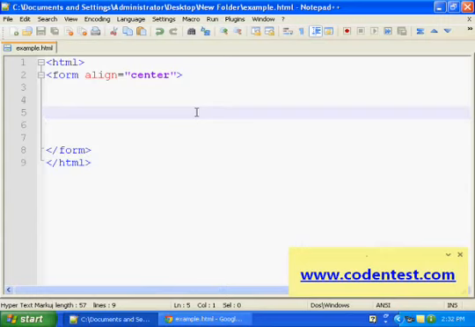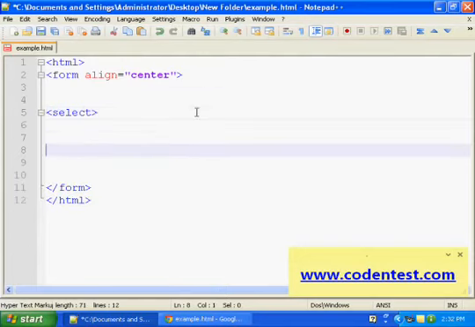So first, let's see the syntax. Select. And let's close this tag select. The select tag is used to create a drop down list.